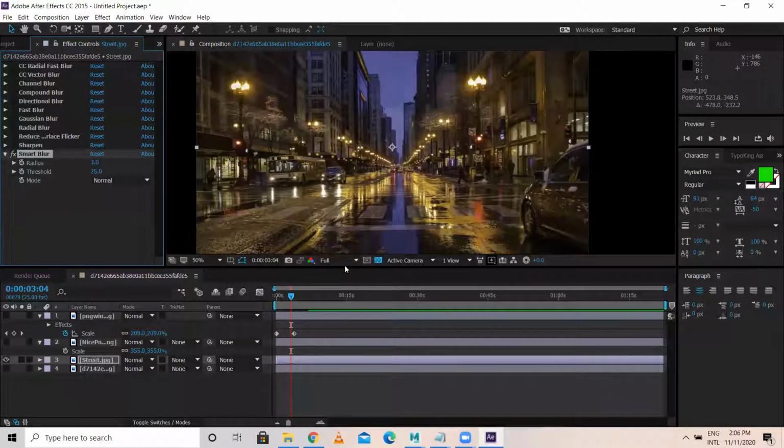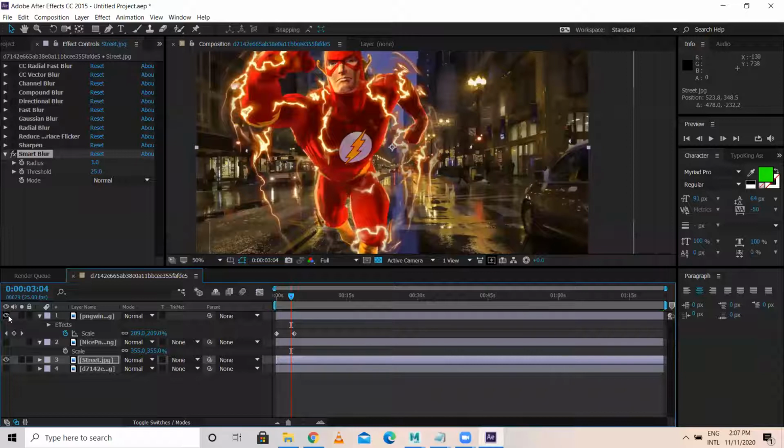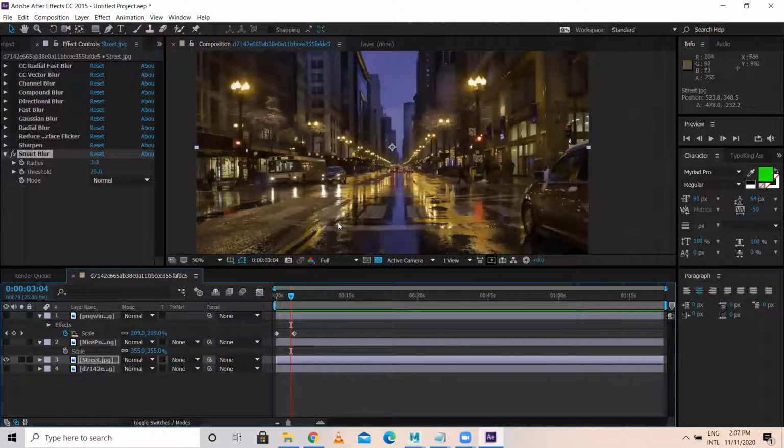Smart blur. Again, smart blur is used in the movie industries. I can turn on this one, but that effect this doesn't give. You can use any other character.